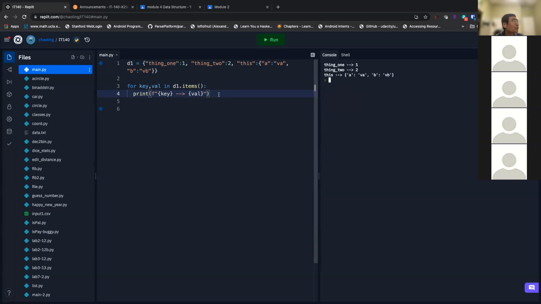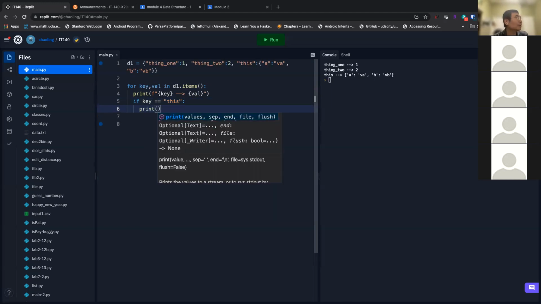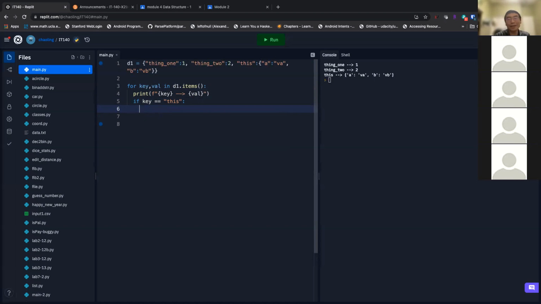You can also print, let's say, if key is equal to this, then I'm gonna print its values. So I'm gonna do a nested loop, for another key, value in the value.